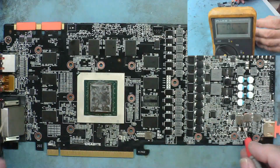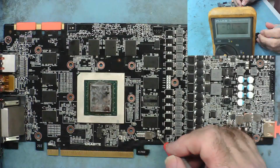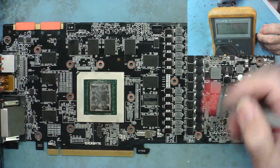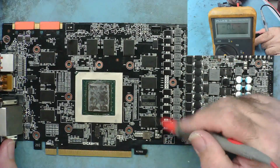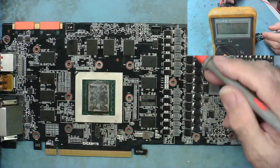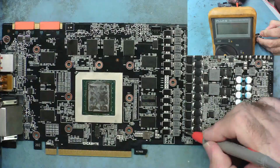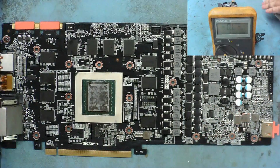So this one has a short. Does this one have a short as well? Okay. Yeah, it certainly does. So I'm pretty confident, if somebody knows this card they will know, one of these will be 1.8 and one of these will be PEX, and they both go to the GPU. What's on these? These are also going on the V core. We might find an odd one somewhere which is memory controller. It's a bit hard to say on the GPU, but